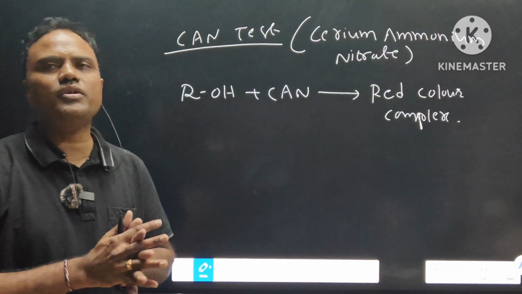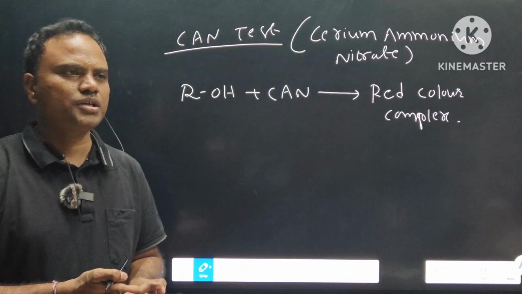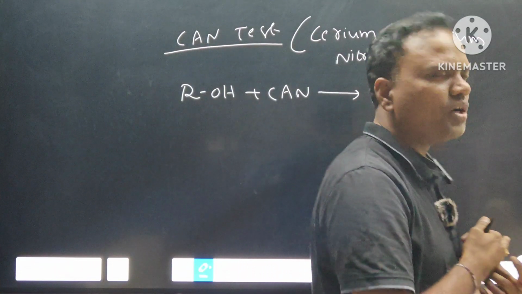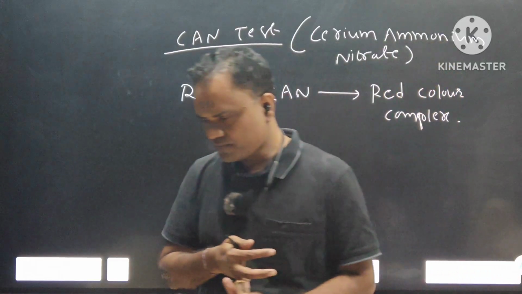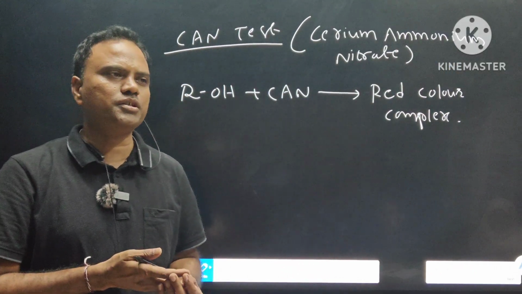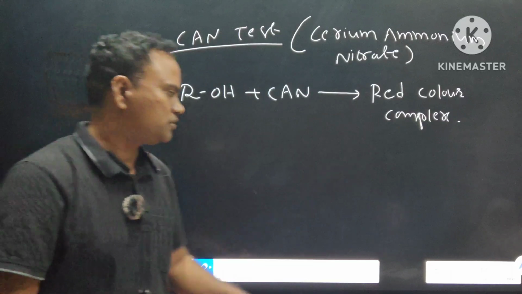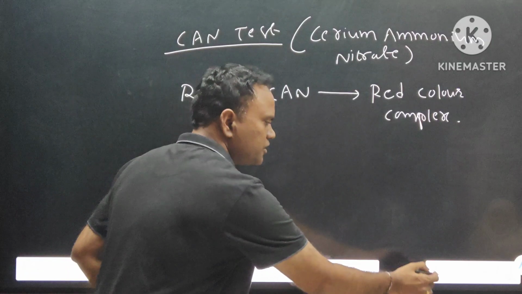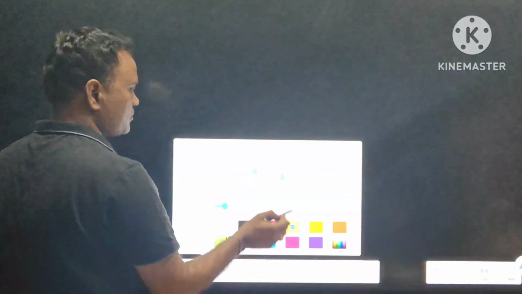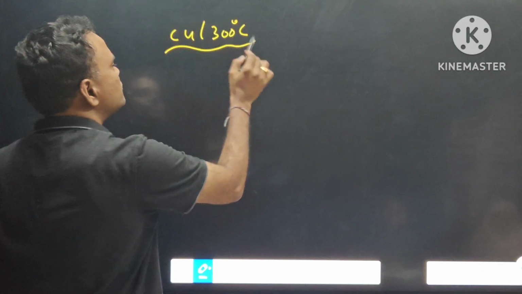Next, you tell me, can we use copper at 300 degrees centigrade to distinguish? I can use Lucas reagent. I can use Victor Meyer reagent. Can I use copper at 300 degrees centigrade, silver at 300 degrees centigrade to distinguish alcohols? Yes, we can use. Why? Tell me, Adiba, why we can use? Copper at 300 degrees centigrade is also used to distinguish